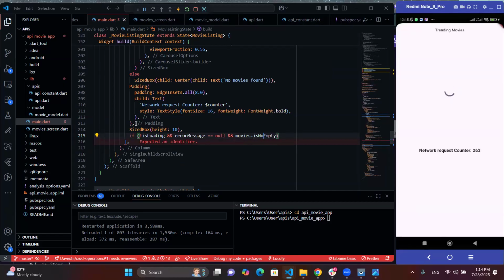Okay, what should happen if it stops loading? All right, what should we have? We'll have